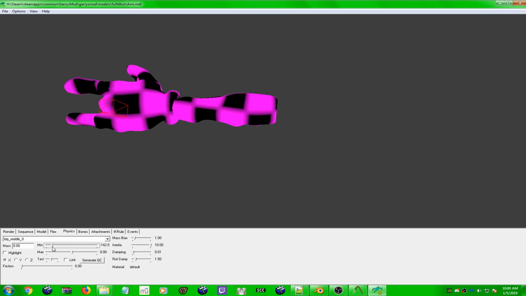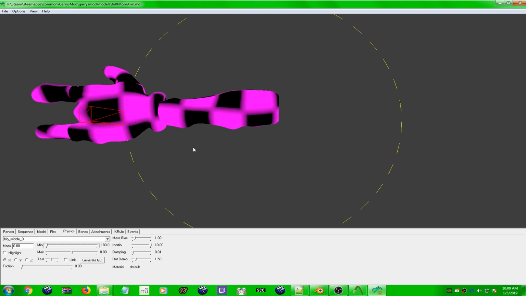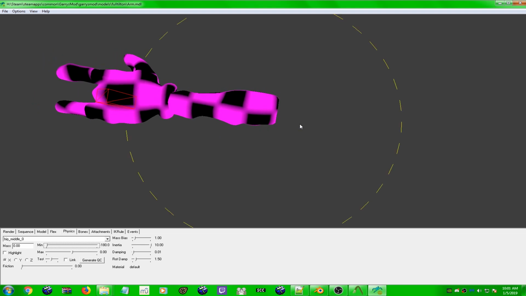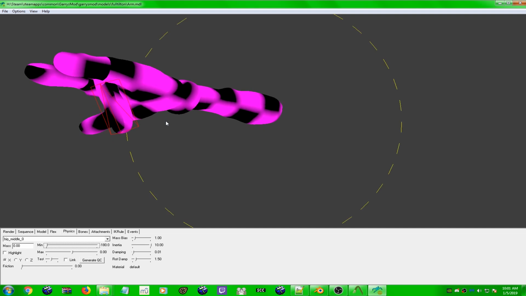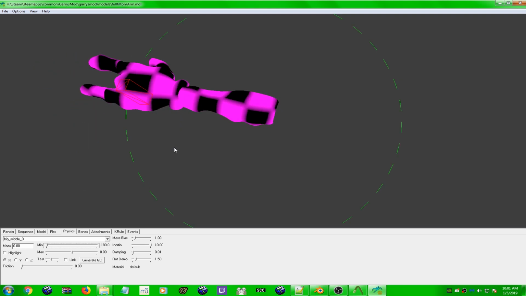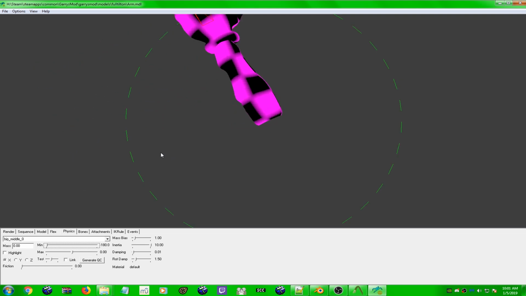So play with the ranges you want to be able to do. So say you want to be able to put that all the way to 180 degrees, which would make it look like, if I can move this around, there we go. So you can almost bend all the way into there. You can do the I love you,